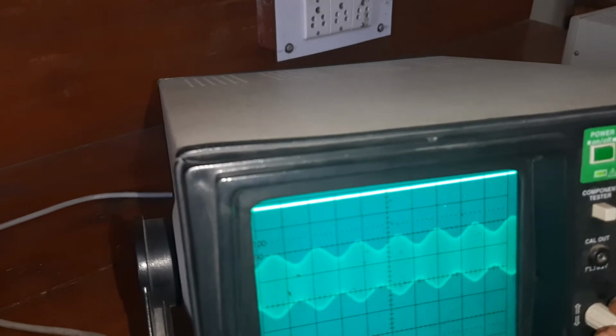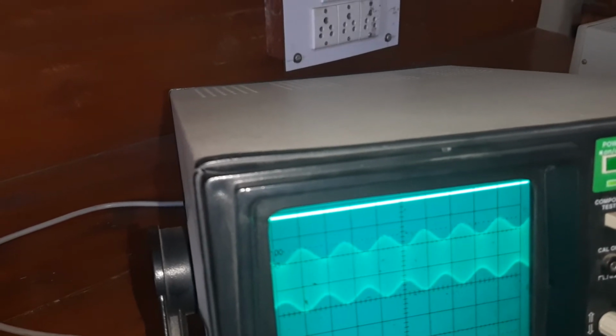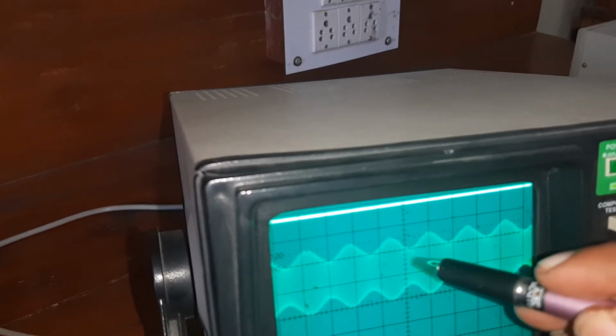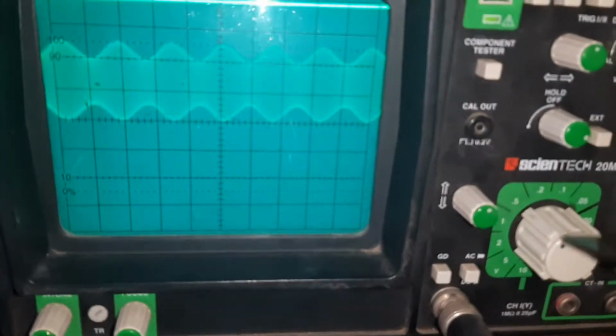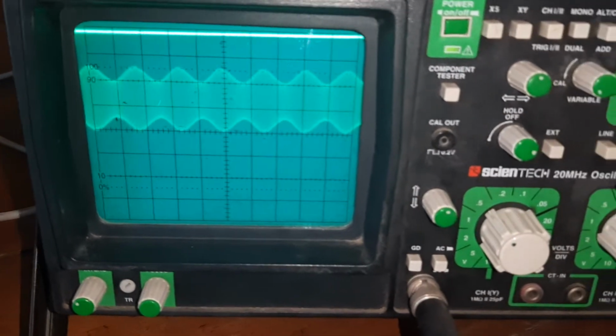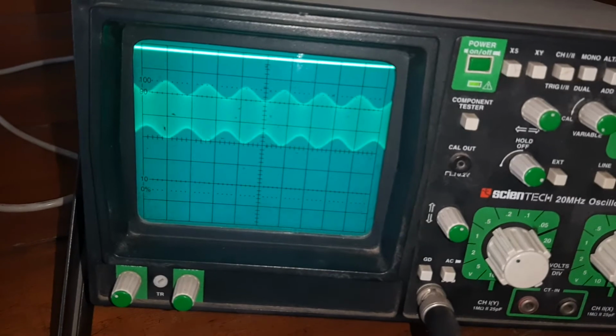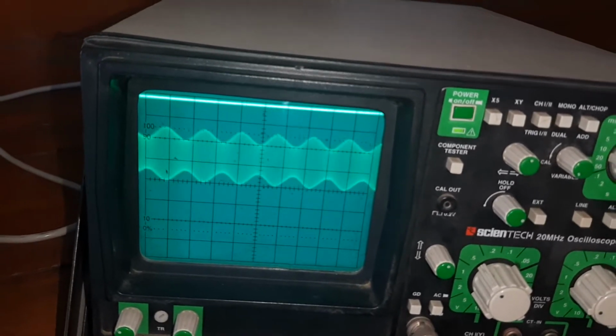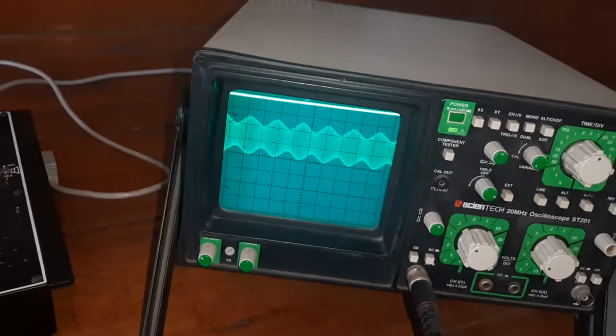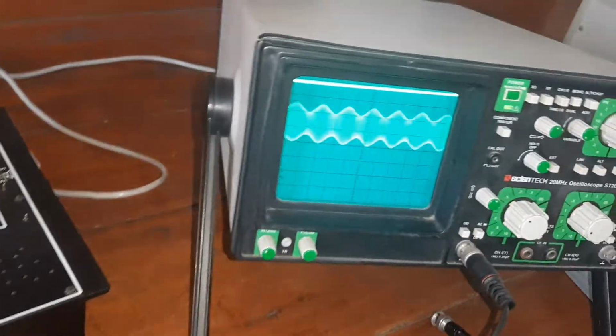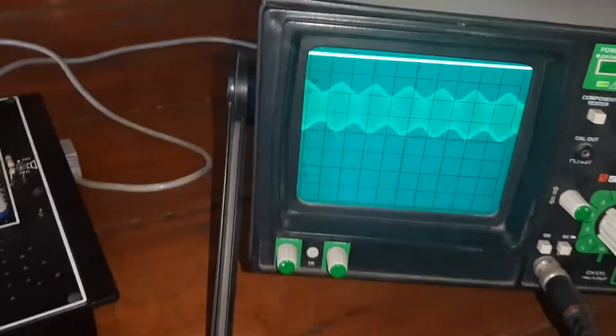Now you can check, this is our peak to peak, that is Vmax, approximately 2.6. So 2.6 into 0.5 volt per division, that is our total amplitude. So Vmax equal to 1.3 volt.